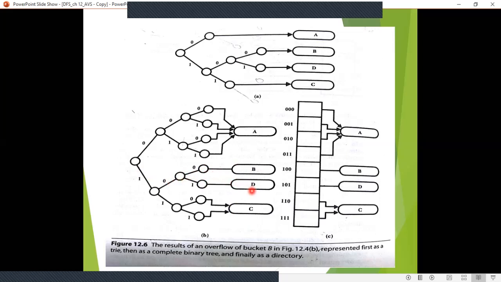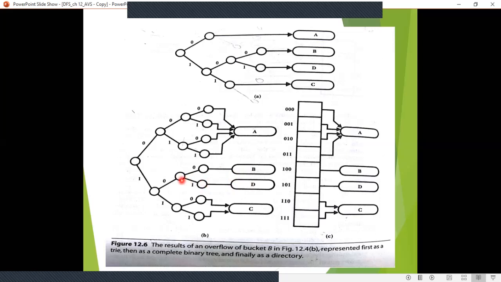If the number of records in D is less, and if you want to combine it with B, you can just remove this D and combine it with B. That is called a deletion. You are deleting the D bucket and then combining it with this particular B bucket.